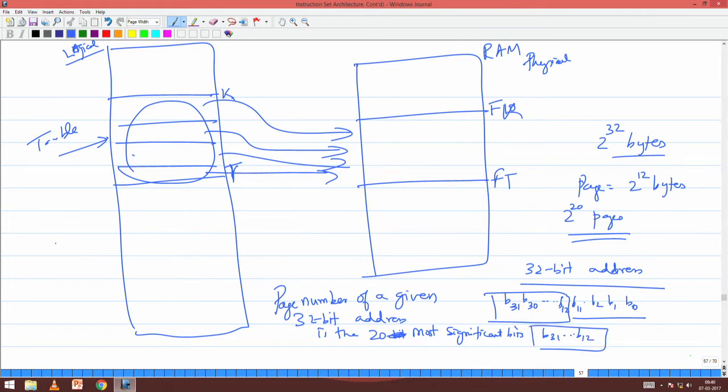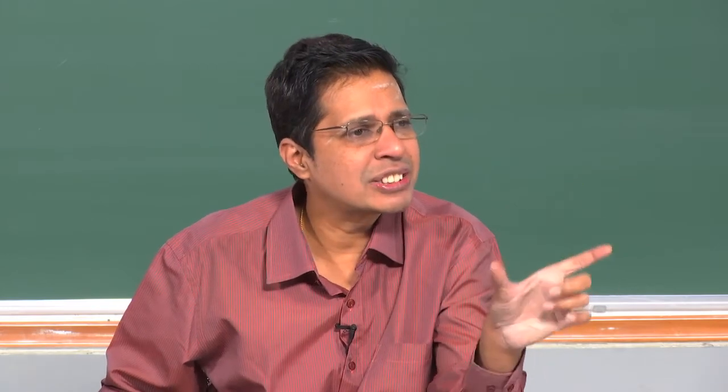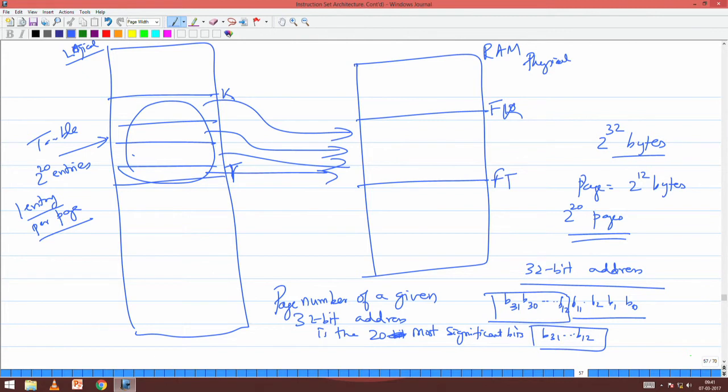So I have a table. This table will have 2 power 20 entries, one entry per page. So what will that entry be? It will tell you, if that page is loaded in the RAM, where it is loaded. So when I generate an effective address, I take the first 20 bits and index into this table, and it tells me, if that particular page is loaded into the RAM, the address to which it is loaded. So it will store a 4-byte address,